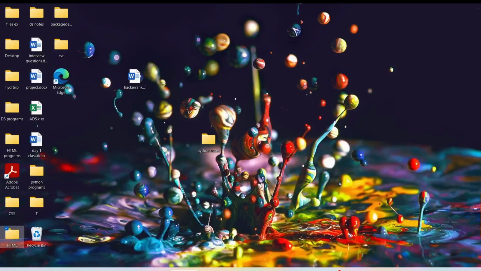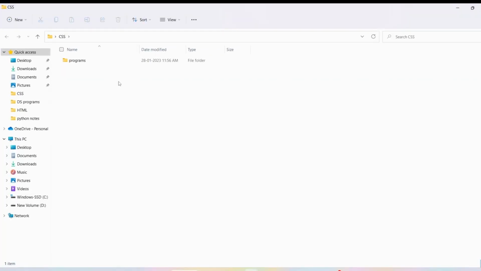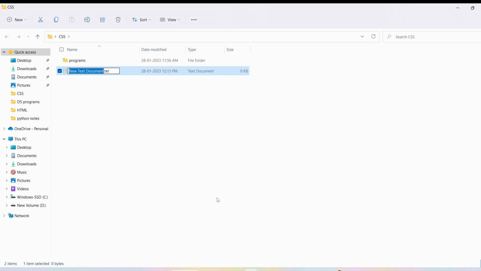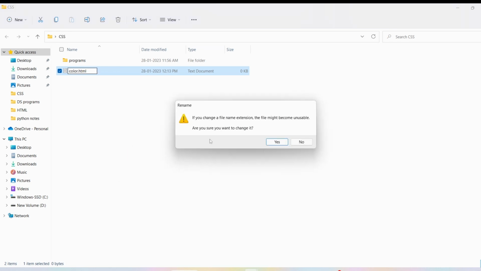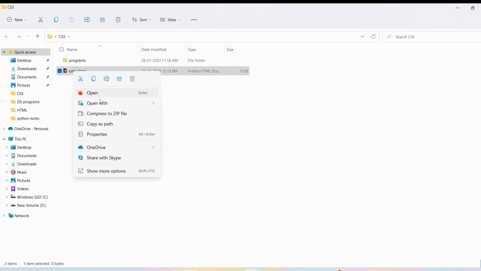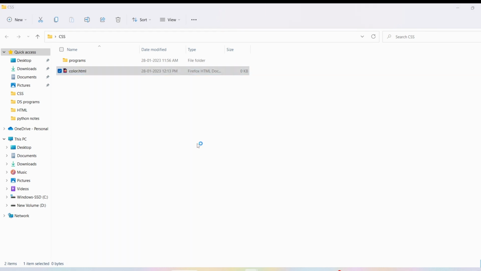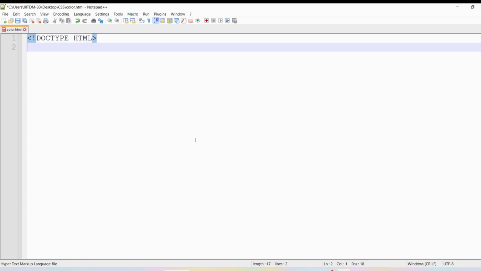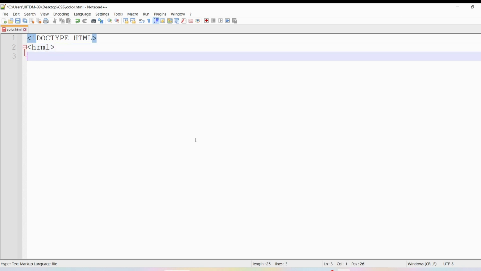So I will go to the desktop, and then I will open the CSS files, and then I will create a new text document, and I will write it as color.html. And then I will click on yes, and then I will open this color.html with Notepad++. And then I will write the HTML document. So I will write doctype HTML, and then you need to open the HTML open tag